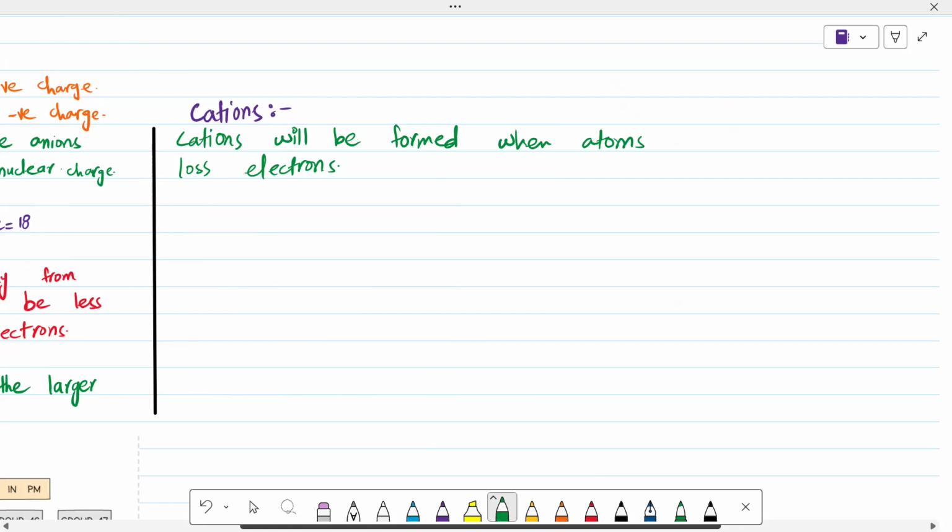There are fewer electrons, so there will be a greater electrostatic force of attraction between those electrons and the nucleus, right? And it will decrease the ionic radii because now there will be more nuclear pull. So what we can suggest as the reason over here is that by losing electrons,